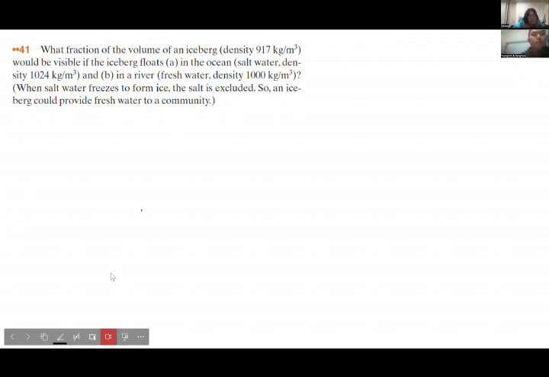What fraction of the volume of an iceberg, density 917 kilograms per meter cubed, would be visible if the iceberg floats in the ocean, and in a river? When salt water freezes to form ice, the salt is excluded, so an iceberg could provide fresh water to a community. So the water has different density depending on